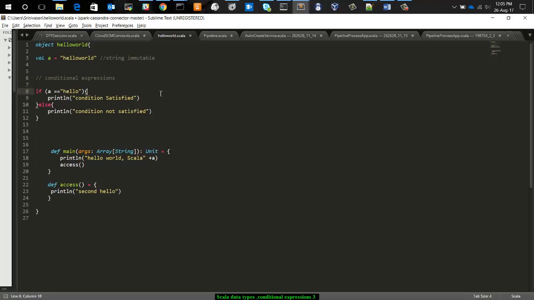Then now we can see an example for the if else ladder statement. An if else ladder statement is nothing but